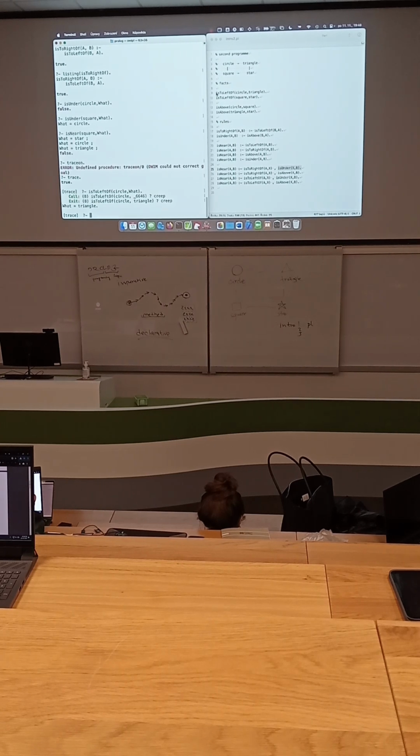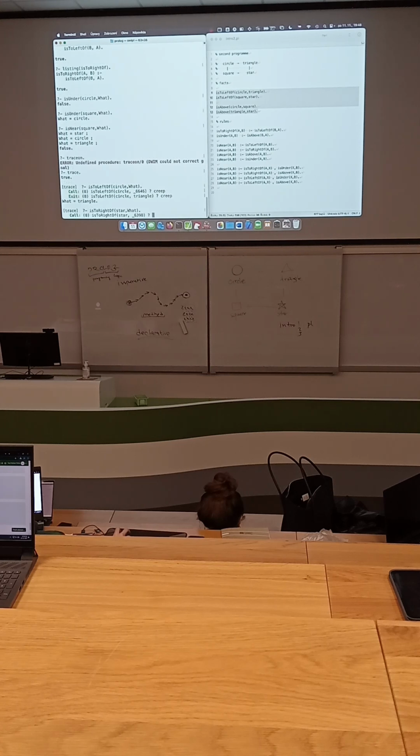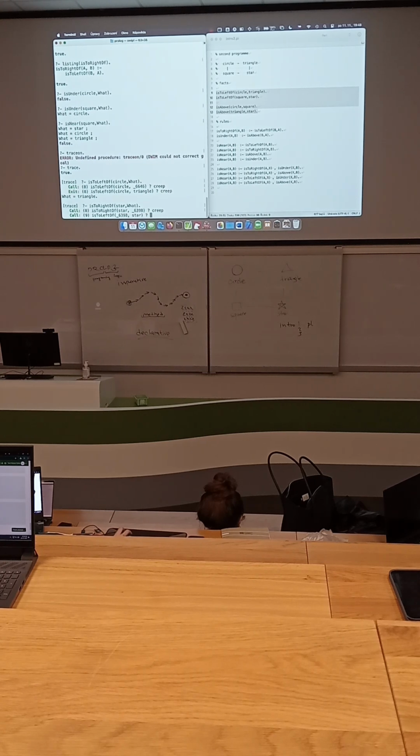Because it's reading my database. If I ask star, maybe, look, is to right of star, next, it is converted to left of.